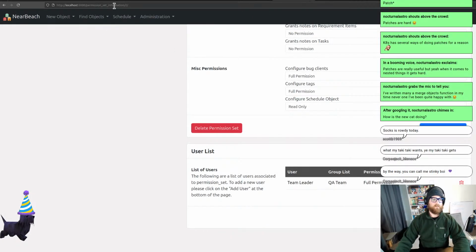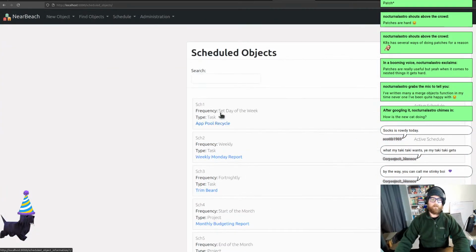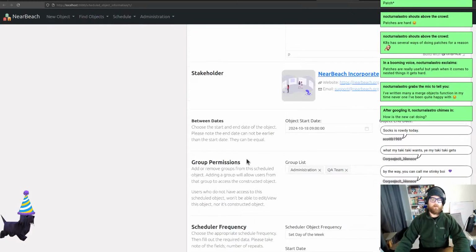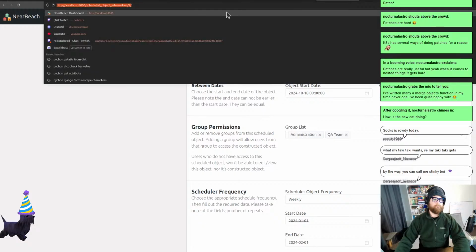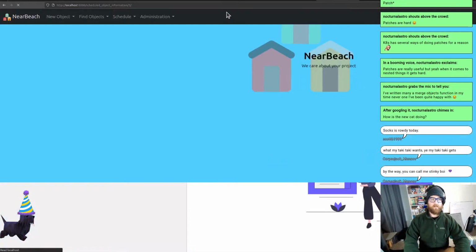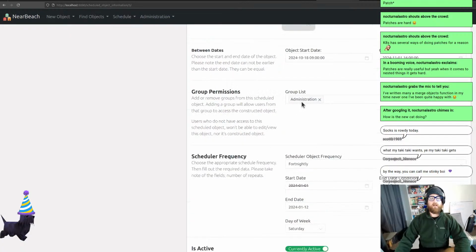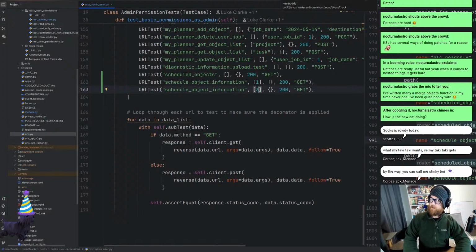I need to do this as an admin, because there's a lot more in here. So 1, 2, let's open up this. So 1, definitely. 2, all right. I'm trying to find one where, yeah, there we go. Number 3, where the group list only has administration in it. For a reason, because it should pass for the admin, but fail for the QA team, who don't have administration